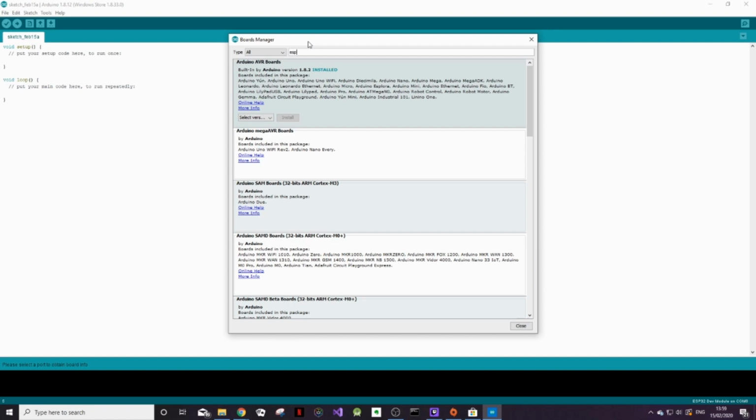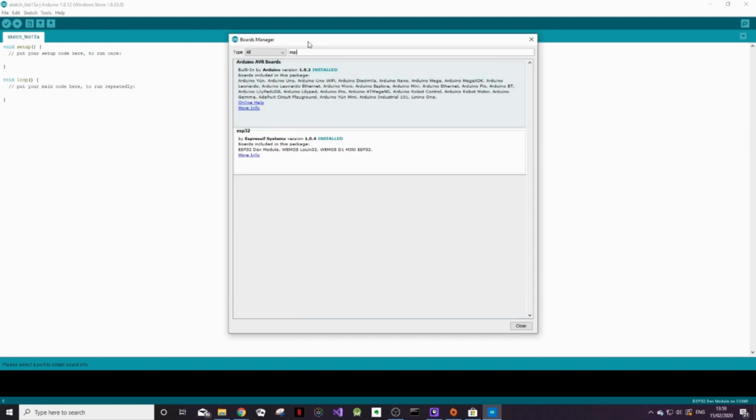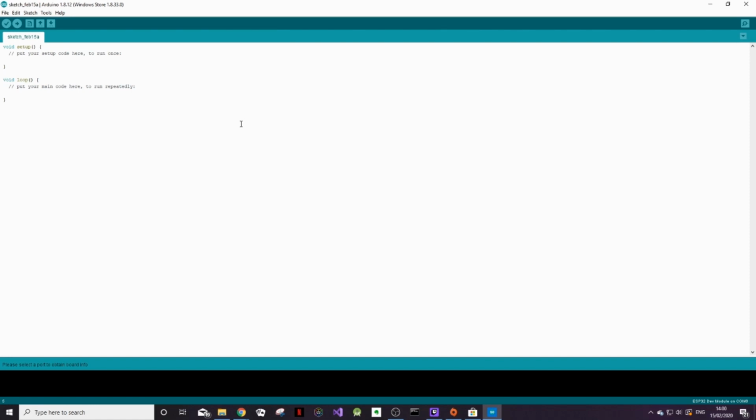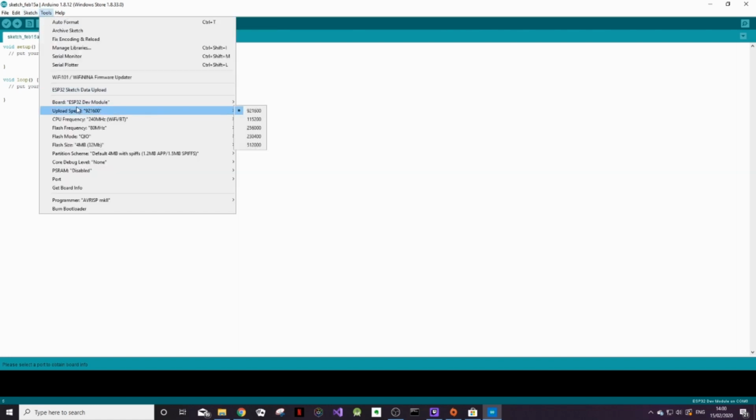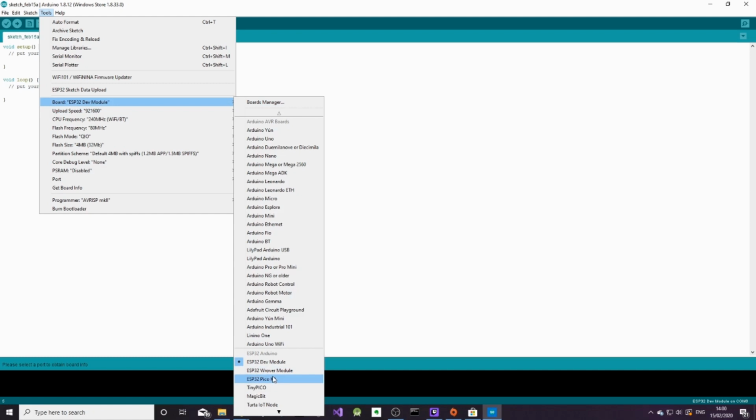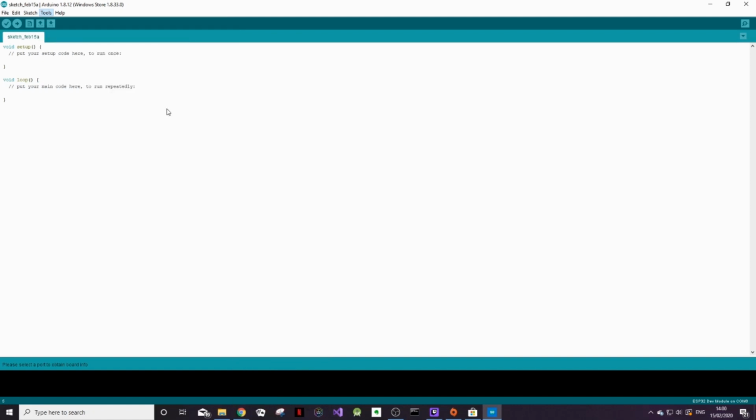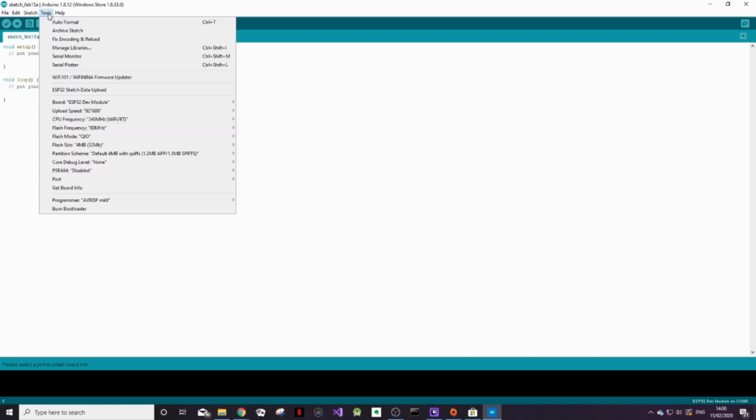So let's look for ESP, and there we go, ESP32 by Espressif Systems. I already have it installed, so all you have to do is click Install, and voila. Once the installation is finished, you can go back to Tools, Board, and you should see your ESP32 boards installed here at the bottom. So select the ESP32 Dev Module